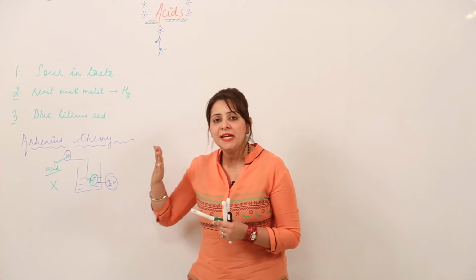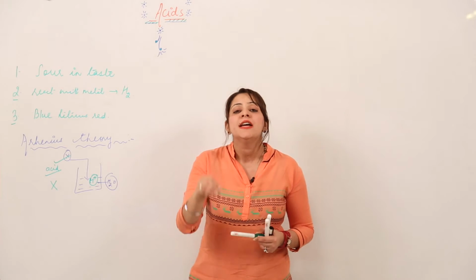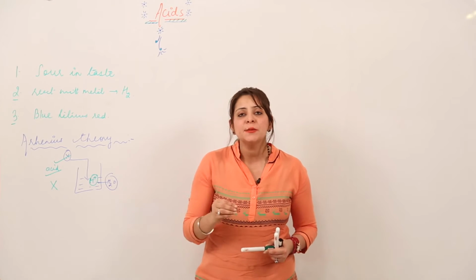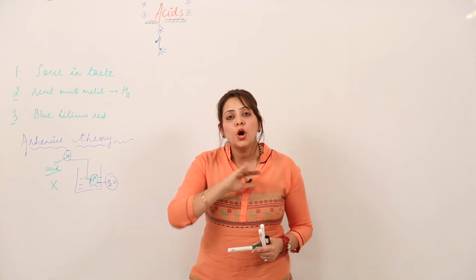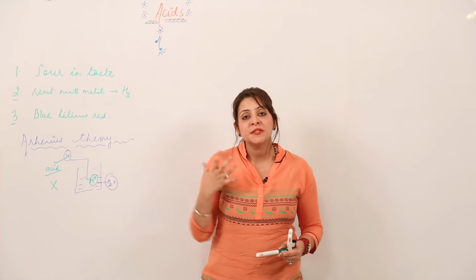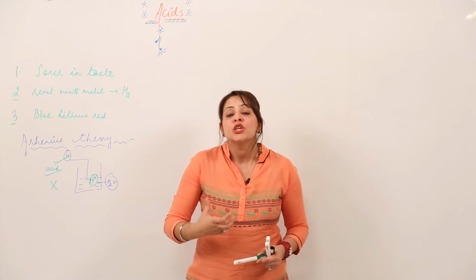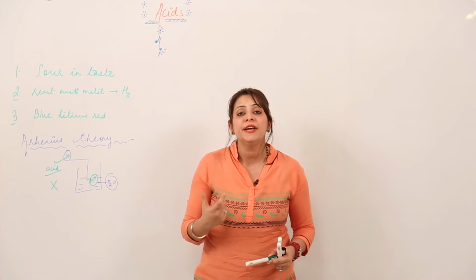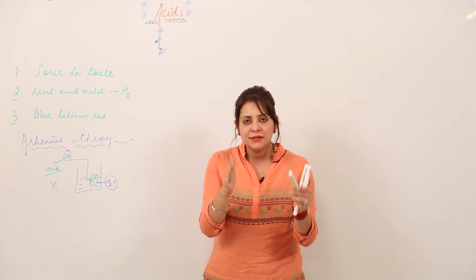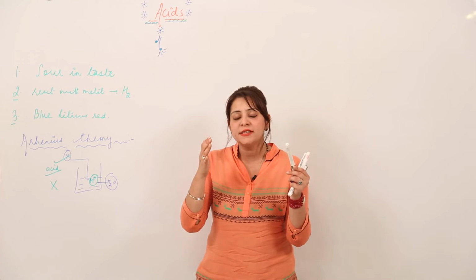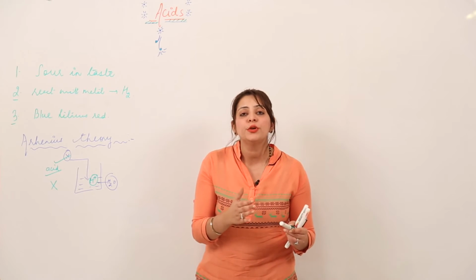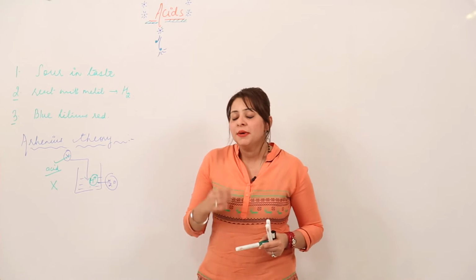It is that any substance which, when dissolved in water, gives the hydrogen ion is called an acid, and any substance which, when dissolved in water, does not give hydrogen ion is not regarded as an acid. So for a substance to exist as an acid, the important thing is that it should give hydrogen ion when it is dissolved in water. This is clear to you, that the criterion for a substance to exist as an acid is that when dissolved in water it should give the hydrogen ion, but you know that